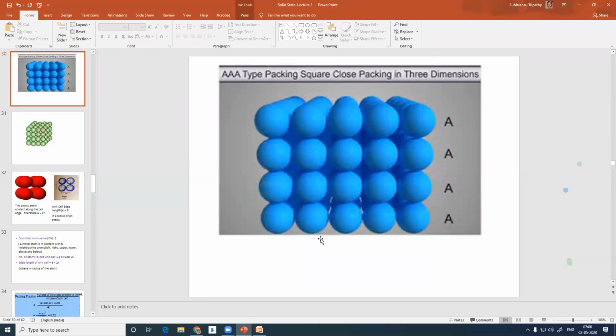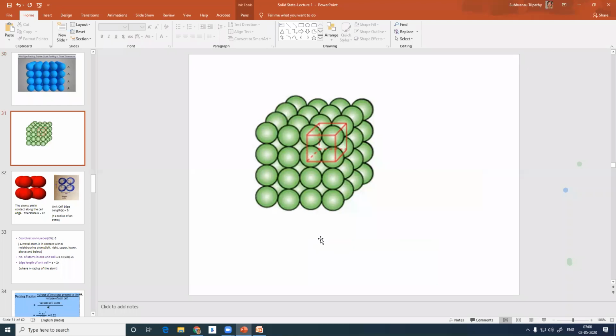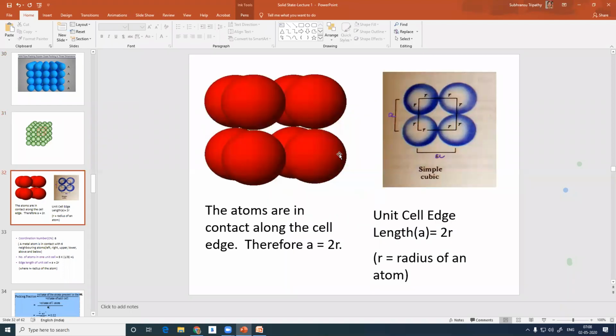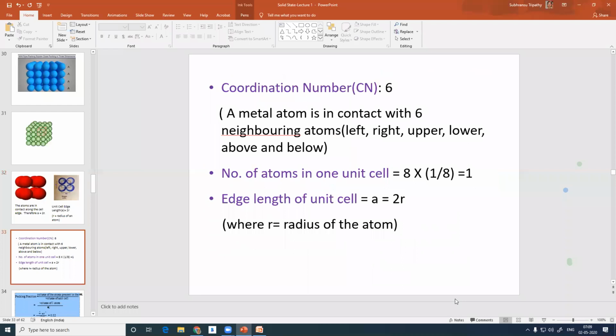So this is all about the simple cubic, which we already know. This is the simple cubic unit cell that you also studied. We took one face to study the geometry, 2r is equal to a, and we have done all the calculation. This is one space filling model. This particular sphere is shared by 8 unit cells. I have shown only 1 unit cell, but this will be introduced into 8 unit cells, that you know. But for geometry, you have just isolated one face and done all the geometry.